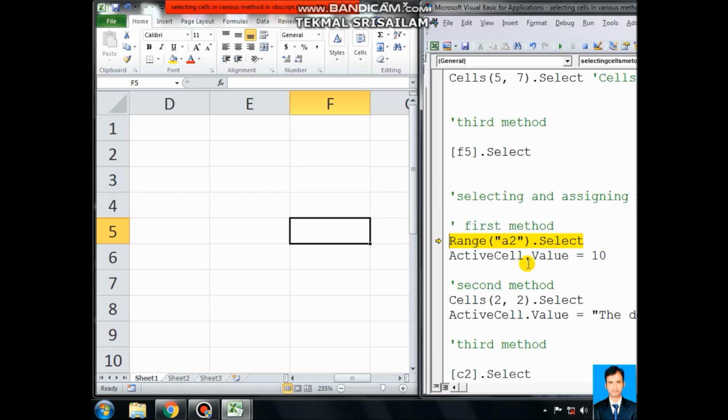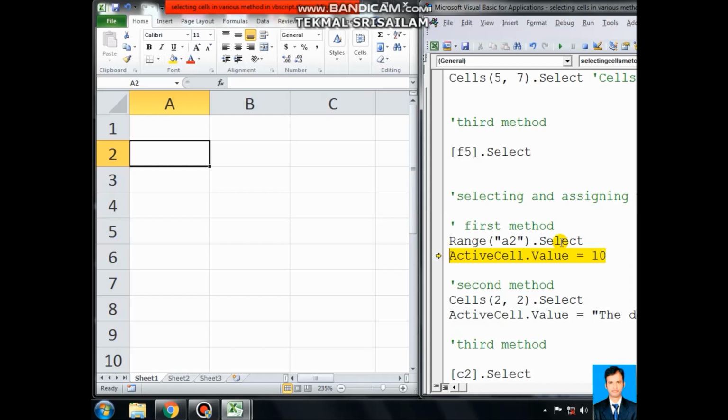Now we'll see the value assigning. F8. Selected A2 cell. Now ActiveCell dot Value is equal to 10. Let's see whether we get 10 or not. We got the 10 in the active cell, A2. Then 2 comma 2, second row second column, that is B2,